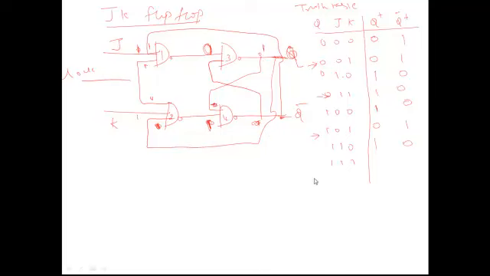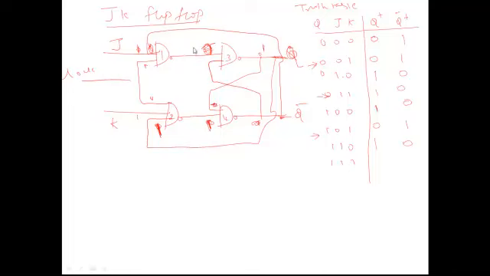Okay. And this combination, if you see this combination, J is 1, K is 1, now Q is 1. So J is 1, K is 1, Q is 1. This output what we are taking here, Q is 1. Q is 1 implicitly means Q bar is 0. So here we have 0. Inverse combination. Okay. So what will happen?